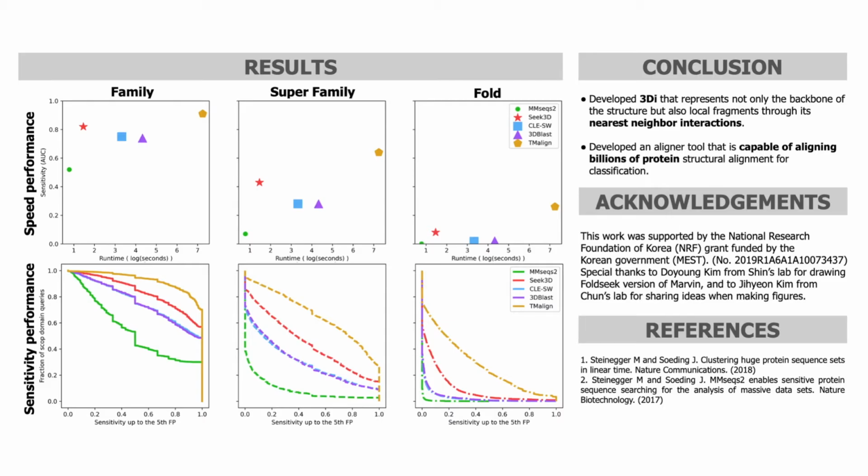The scatter plot here shows sensitivity, quantified as the area under the curve value, versus runtime on a log scale, and they are separated in 3 SCOP classifications: family, superfamily, and fold. The closer you get to this upper left corner, the better sensitivity and speed you have. And you can see that 3Di dramatically outperformed the rest of the structural alphabet-based tools in speed and in sensitivity for all 3 categories. And our tool was 100,000 times faster than TM-Align with pretty close sensitivity in the family